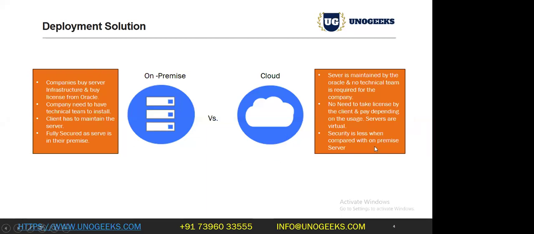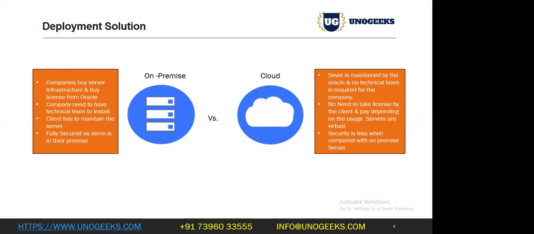But with cloud, there is no need to bother about anything. Everything is maintained by Oracle. Technical team dependency is reduced, and there is no need to take any license; the client pays depending on usage. Based on your business, you pay for what you use. There is also no need to maintain security compared with on-premise.